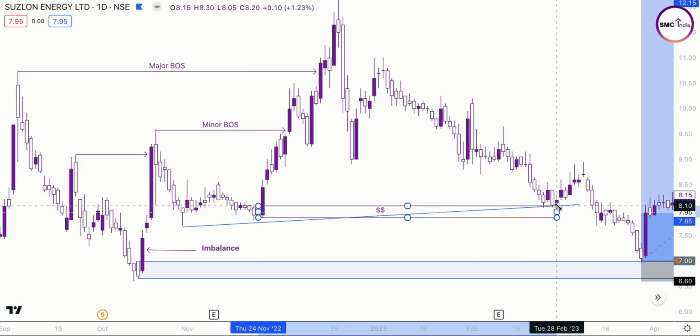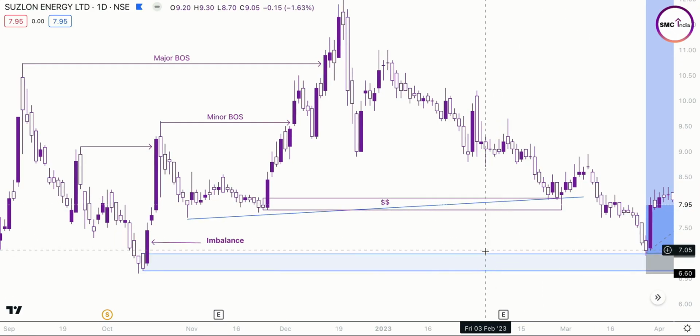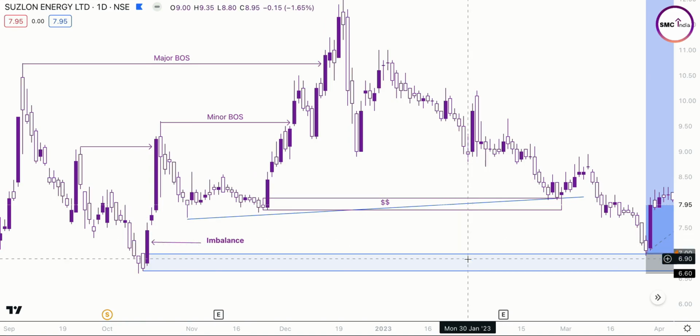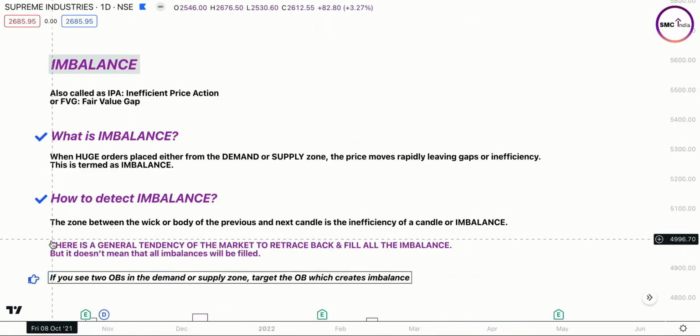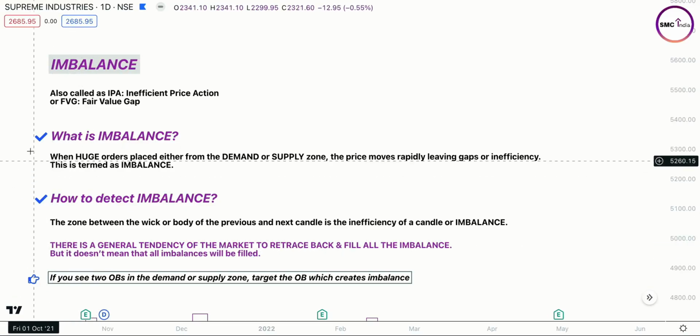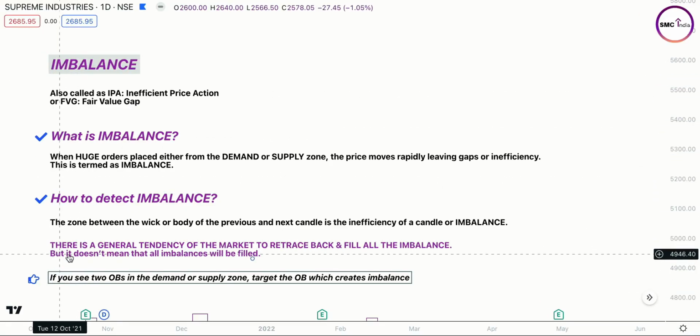This as order block, but since there is imbalance below it, this is a much more valid order block, and you must target this order block. And now there is another important point in imbalance, and that is there is a general tendency of